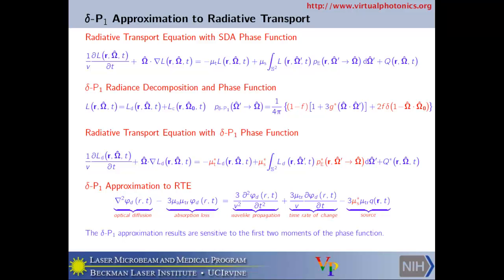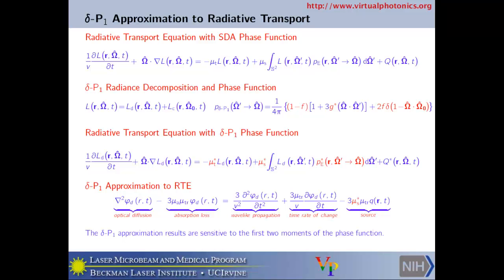Here you have the second moment of the phase function. So the delta P1 approximation results are sensitive to the first two moments of the phase function and give you a better angular description of your light field. And this is going to translate to, as we shall see, tremendously improved